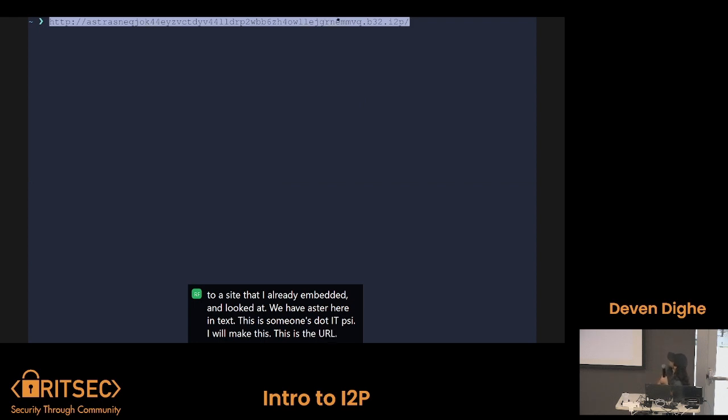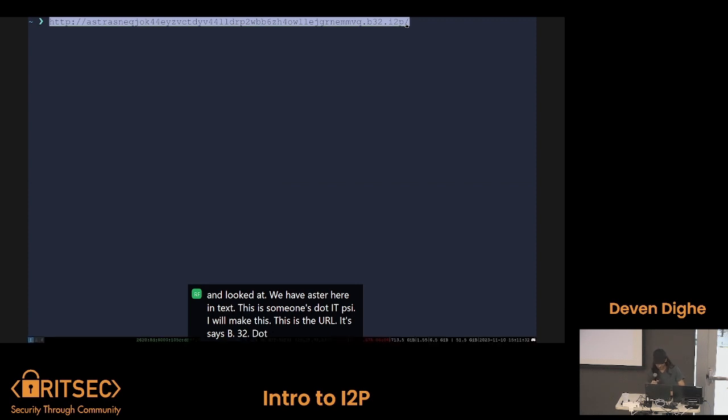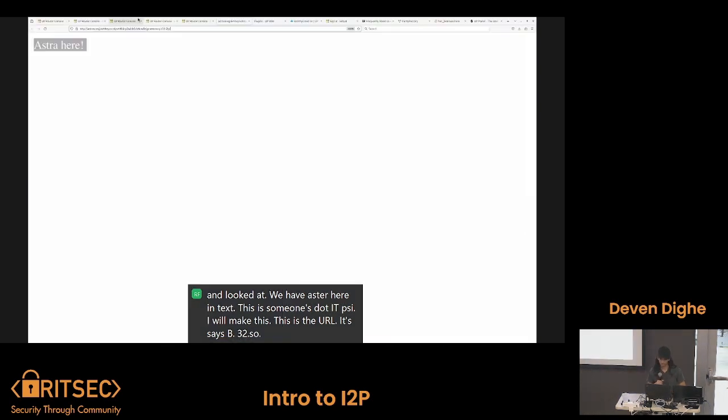It says b32.i2p as the TLD. So, go here. This is someone's personal website. As you can see, you cannot see their IP address, or even if you look for it, you could not find their IP address. You only get the URL address and their content.